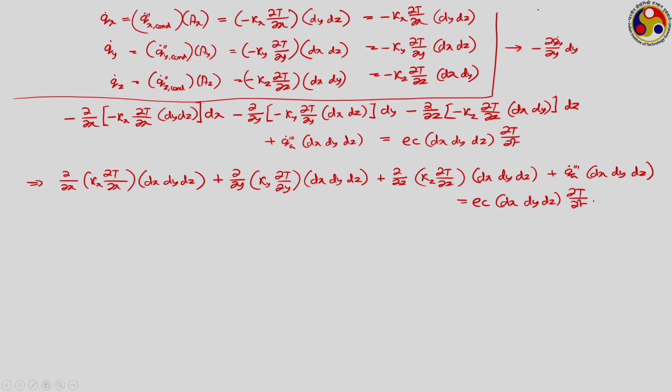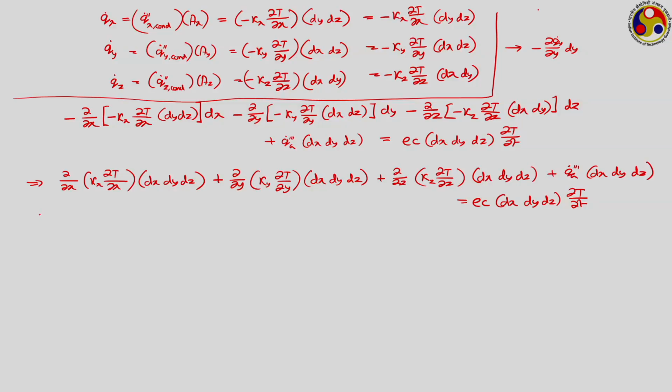So, dx dy dz represents the volume of this particular block, and that can be cancelled out. So, we are getting the equation now as dou x of kx dou T dou x